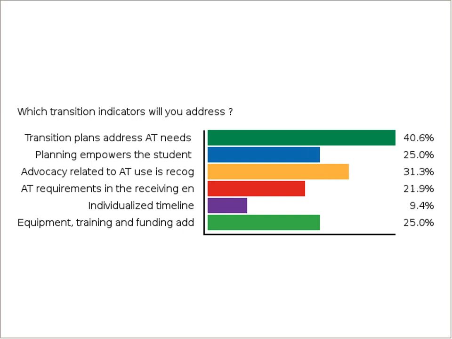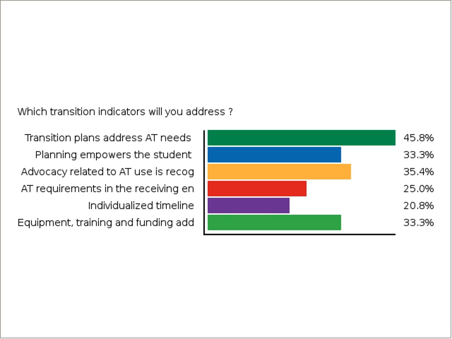I can see that many of you, almost half of you, are saying that the indicator that you think you might need to address most first is this first one about transition plans address AT needs. You may do that in a variety of different ways, and we have lots and lots of ideas about how to do that. Both Diana and I have worked in the area of transition for assistive technology users for some time now,